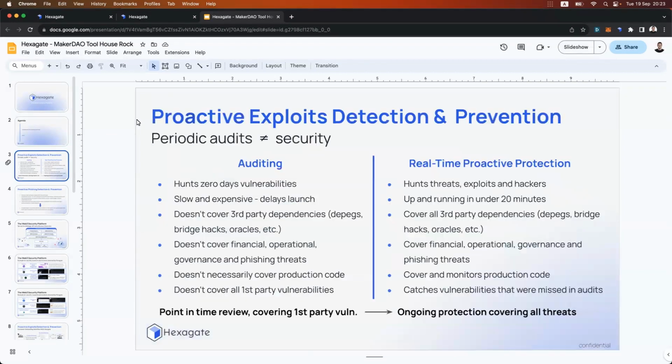Cool. So before I talk about Hexagate itself, preliminary to that is the actual problem that we're solving. So basically, in the Web3 space, what Hexagate is solving is another approach to how smart contracts should be handled in terms of security.